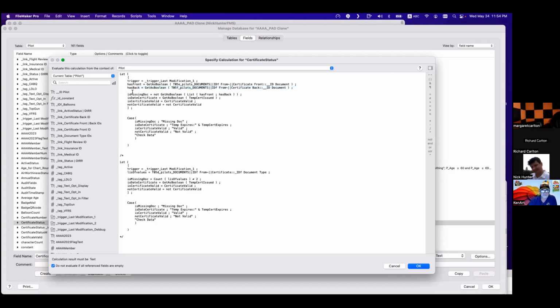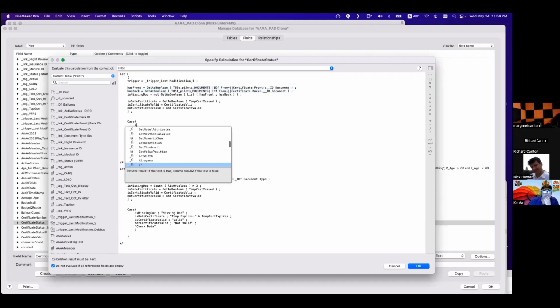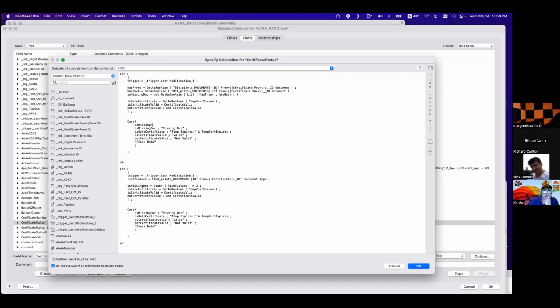Right. You understand? So what we can do here for the best understanding is this. All of this is about the documents. So now I can say is missing doc or is missing front equal. So case has front. Yeah, let's keep the same terminologies.